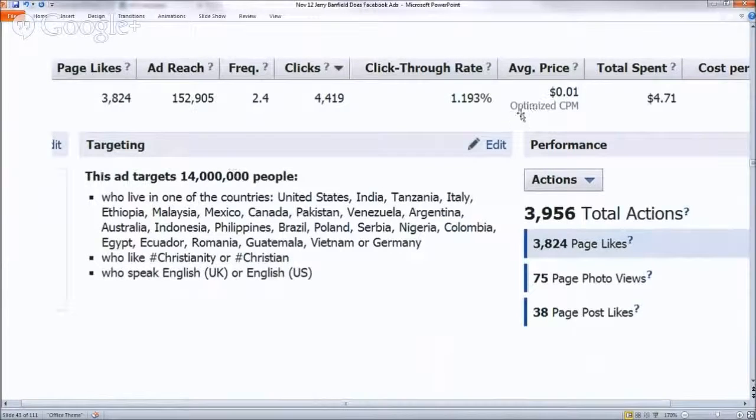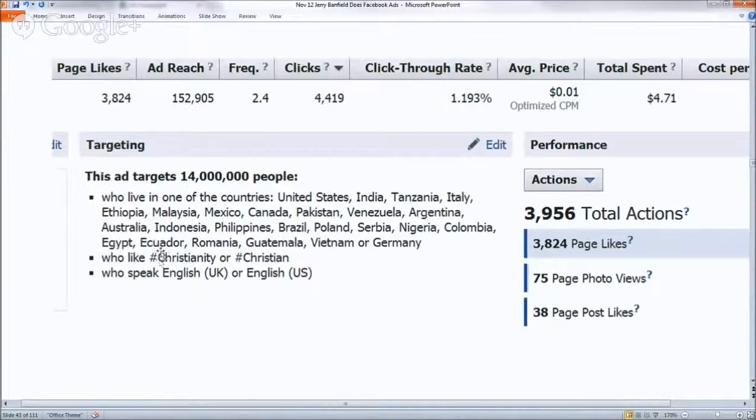This is an ad targeting a Christian audience in countries where there's lots of Christians that speak English. You can see the ads at a much higher click-through rate here and are showing at the lowest price I can get in US dollars. I'm wanting to try some lower value currencies so that I can get even lower prices, but 1 cent per 1,000 impressions. That means I'm getting 11 clicks out of every 1,000 impressions I show for 1 cent. So you can see how I got 4,000 clicks, 3,800 page likes out of